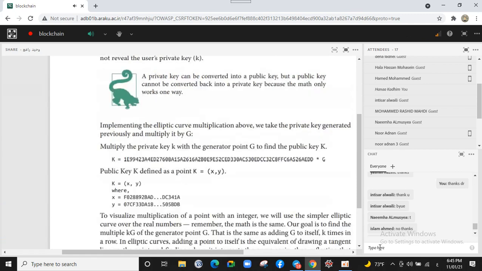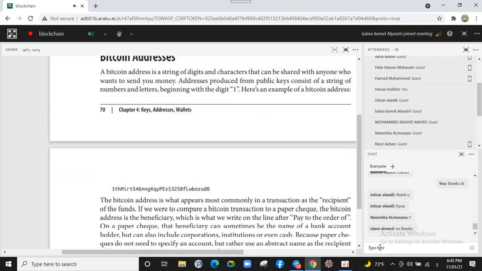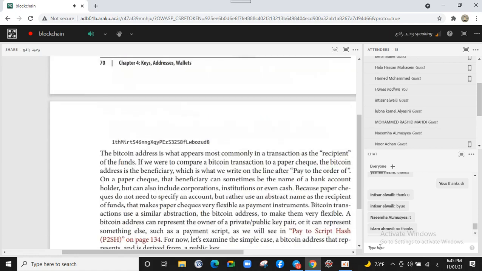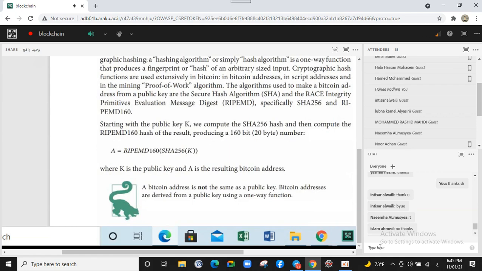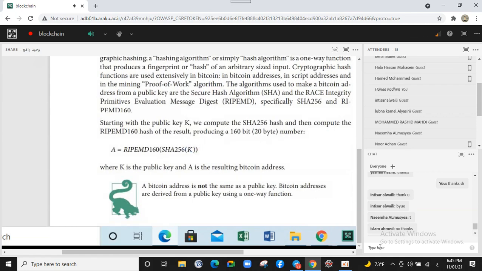Okay, and here addresses are generated 2 times with these 2 algorithms, SHA-256 and RIPEMD, which will generate a public key. Okay,